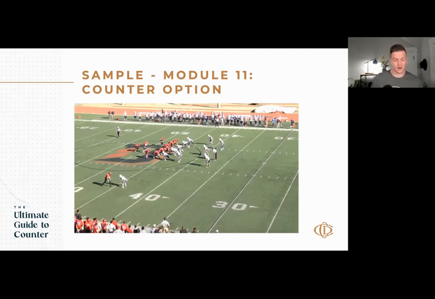But they're going to run their counter option, and counter option is a counter sweep. Like at the core, it's a counter sweep. So that guard is pulling to log the defensive end. And then what they've got is kind of a wing or H-back who's going to arc up, and he's going to bypass the secondary support defender, the play side linebacker. And then he's going to move up to the alley player, and the quarterback is going to pitch off the